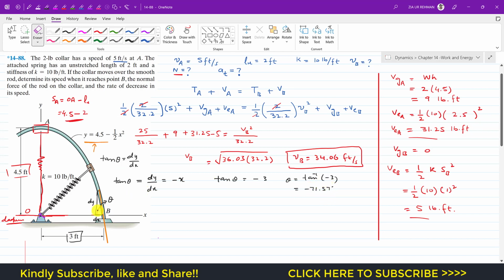So this tangent line is going to make a 71.57 degree angle, and the negative sign tells us that it is made in the clockwise direction. So this is a 71.57 degree angle. Now if I draw the